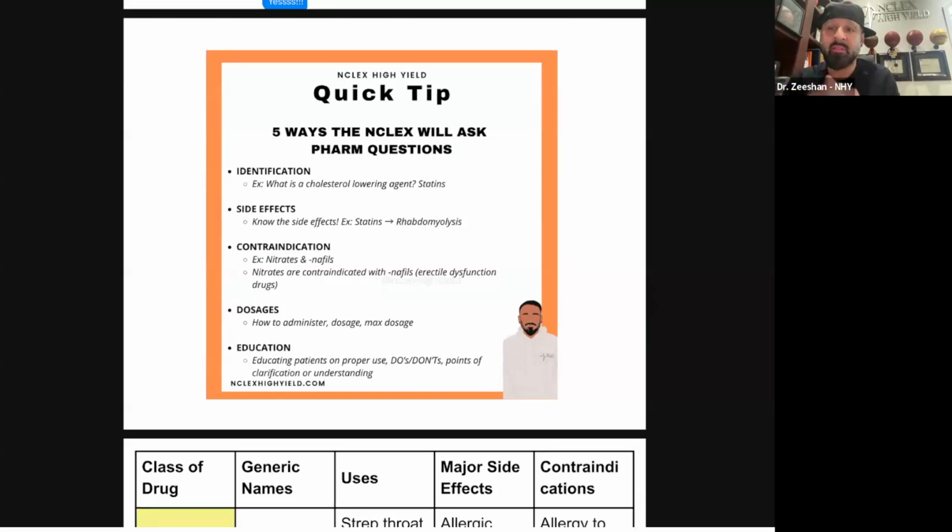For instance, in this quick tip, I talked about statins. I talked about NSAIDs. So those drugs have that suffix. So know them, identify them, and now you've made that association. So now we get into antibiotics.